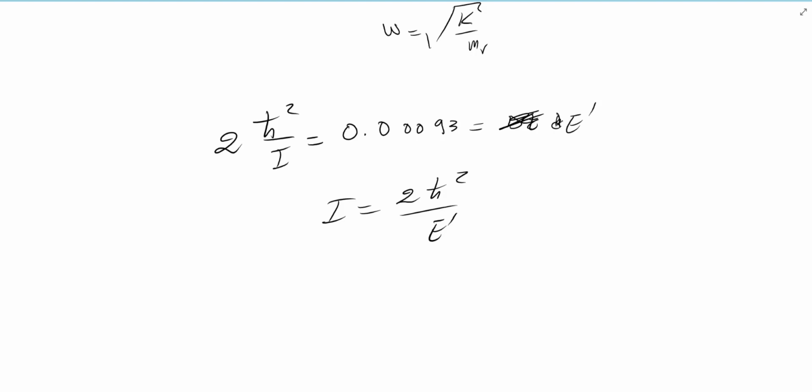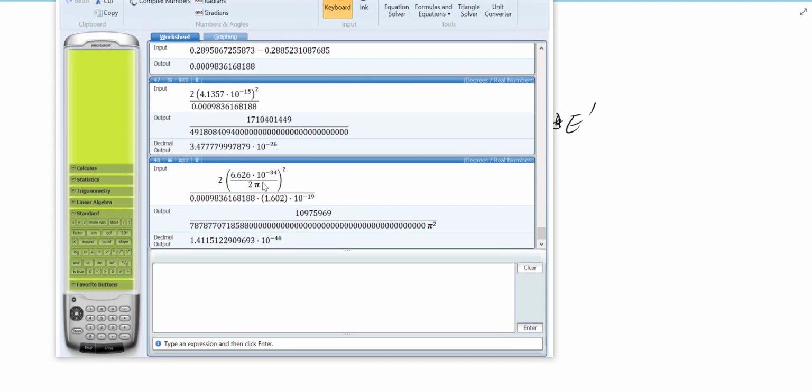And divide that by the energy, which is in electron volts. So we need to multiply that by 1.6602 times 10 to the negative 19. All I'm doing now is using the proper SI units, getting back to the value in joules. So I converted back to the SI, which is the correct value for ħ, which is just h over 2 pi, and then I converted the energy difference into proper joules. So when you get that, the answer is